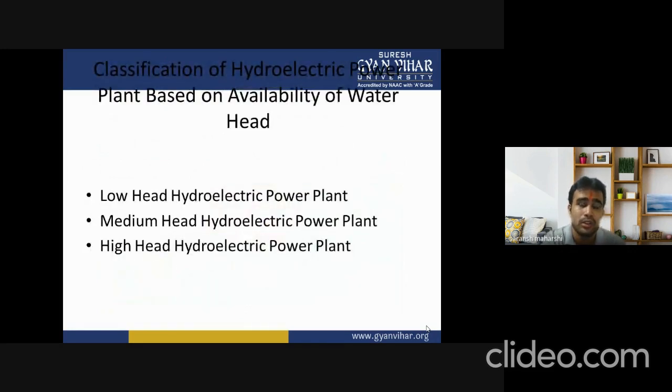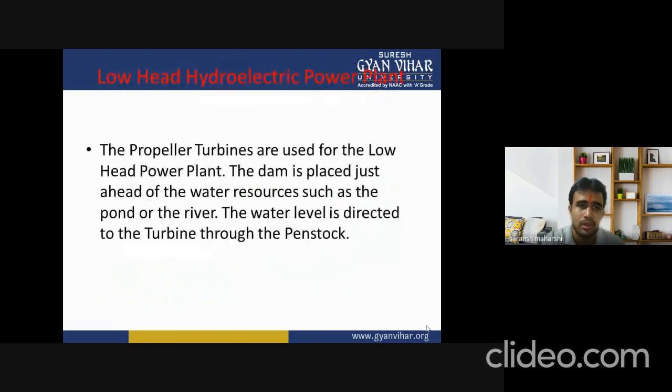Now we will discuss the second point, the second availability of water flow, which is also called classification of hydroelectric power plants based on the availability of the water head. Based on this, we divide hydroelectric power plants into three parts: first is the low head hydroelectric power plant, second is the medium head hydroelectric power plant, and third is the high head hydroelectric power plant. Now firstly we will discuss the